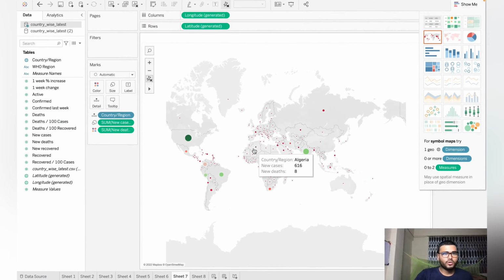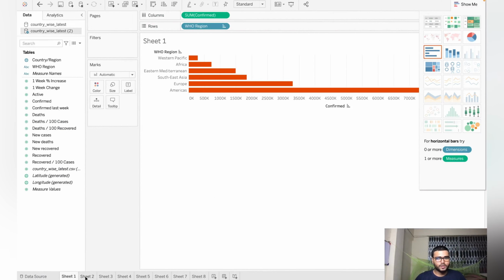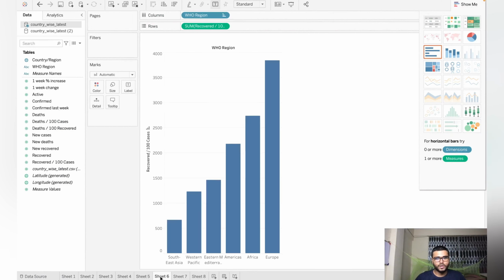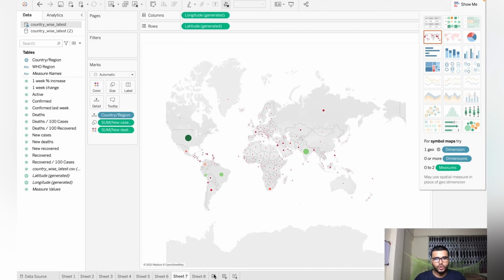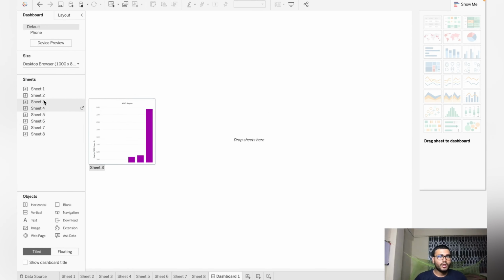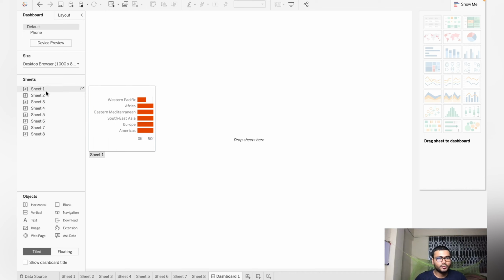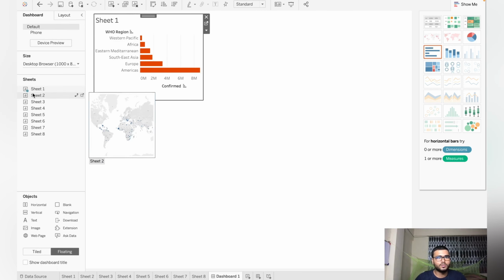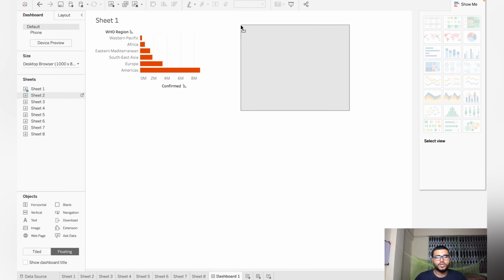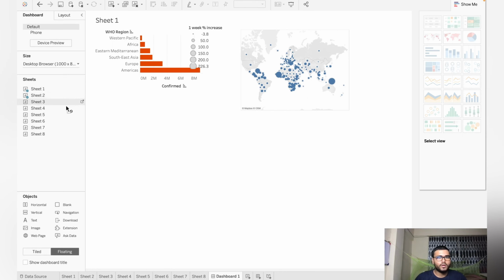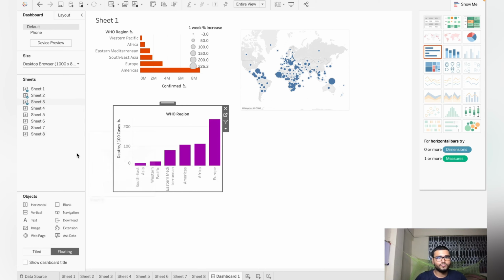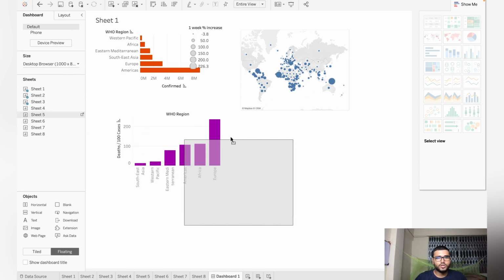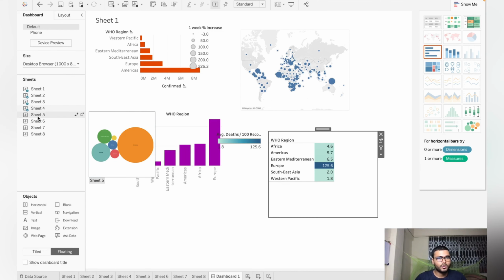Okay, so I think I have created enough sheets, like sheet 1, sheet 2, sheet 3, sheet 4, sheet 5, 6 and 7. I'm going to create one dashboard. So let's click on new dashboard over here, and see all the sheets you have created are present over here. Now I'm going to click on floating, and then simply drag and drop each and every sheet over here. So let's put sheet 1 over here, sheet 2 over here, then sheet 3, sheet 4, sheet 5,